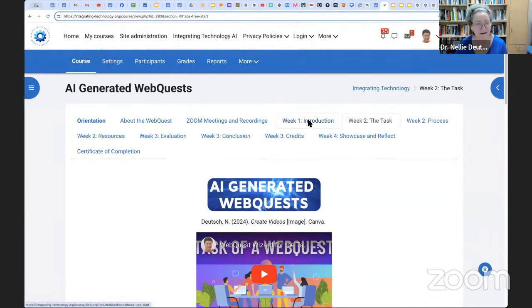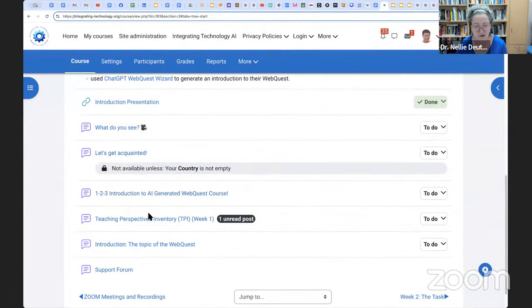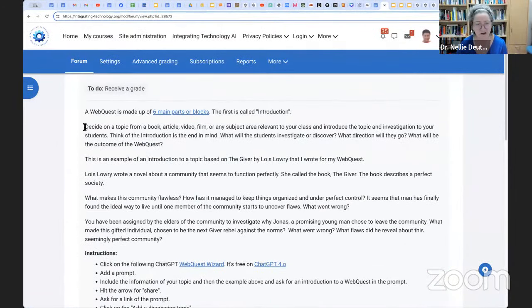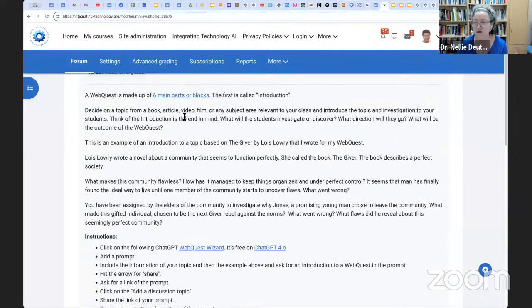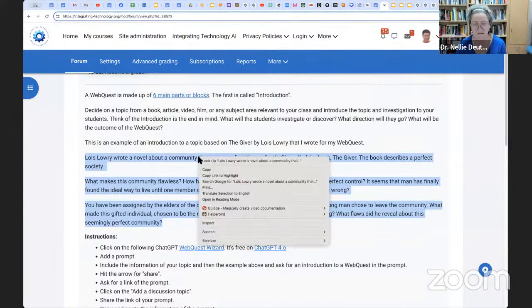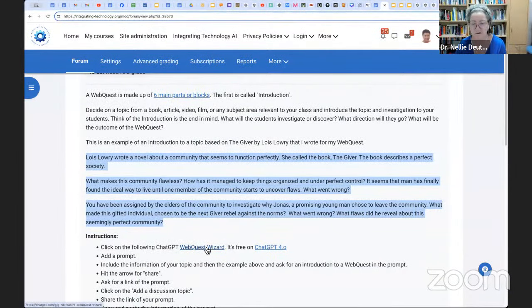Please make sure in week 1, there's a question here by Minnie. Thank you for asking that. Make sure that in the introduction that you add here, you decide on a topic from a book, whatever topic you have. Once you have the topic, for example, my topic is The Giver by Lois Lowry, then you copy this, okay? You copy this like that, just copy it, go into your wizard, and let's go into the wizard,